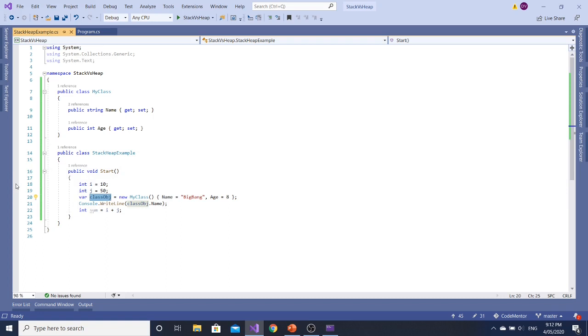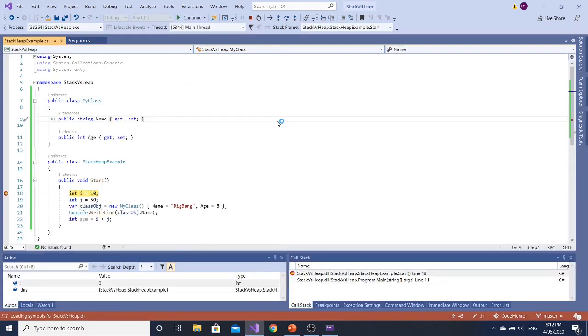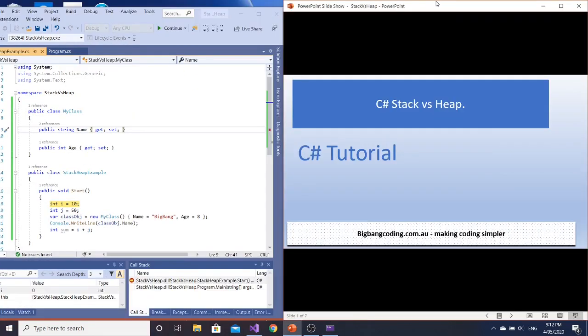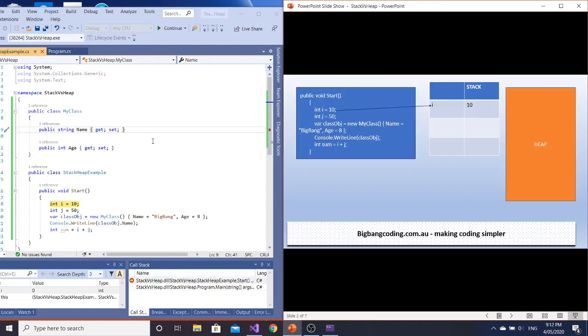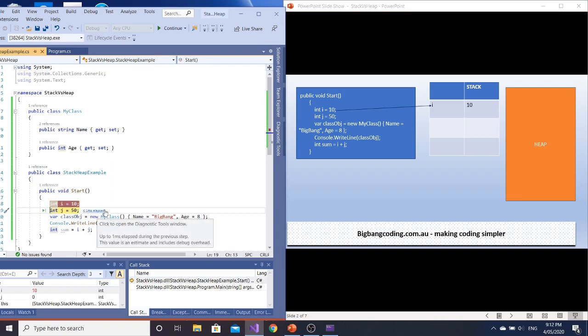So I'll put a debug point here and run the application. It will hit my debug point here, which is good. Okay, so in this PPT, when the first statement i equals 10 is executed, what will happen at that time? The 10 will be allocated on my stack, and then the reference for this memory will be stored into i. So whenever I refer to the i variable in my application, I am referring to the stack here.